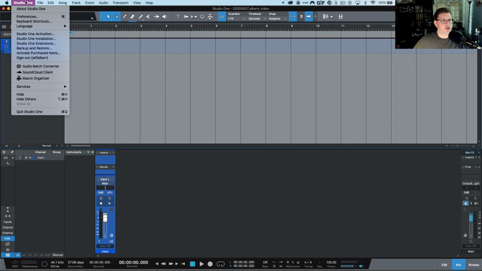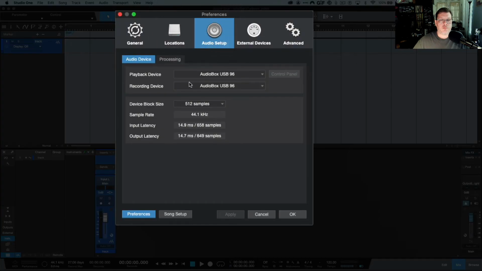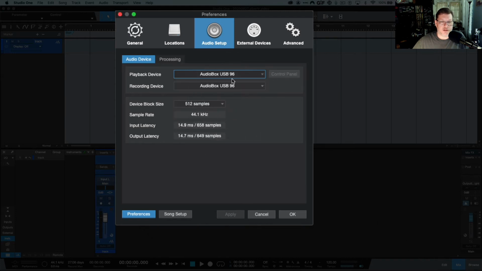If we go to the Studio One menu and Preferences, the Preference window, we can select a playback device. My playback device is this audio box interface that's plugged in right now. But other things that are available are the built-in speakers. I've got a bunch of stuff plugged in here or set up. But the audio box to record and edit